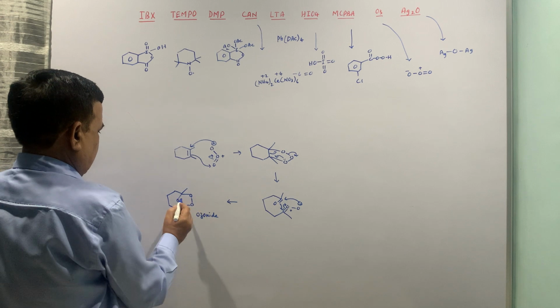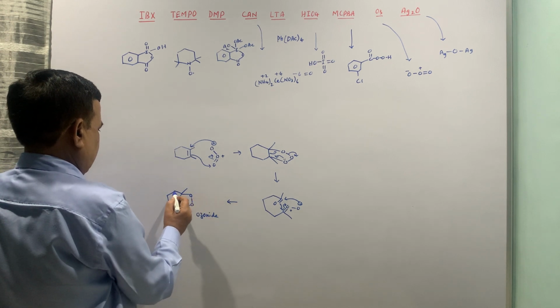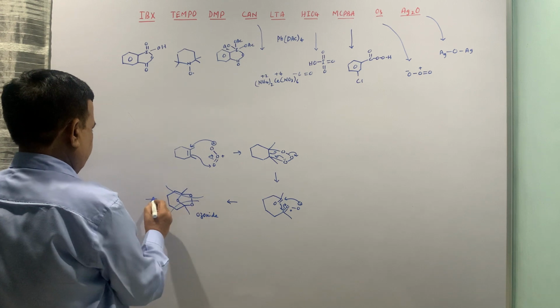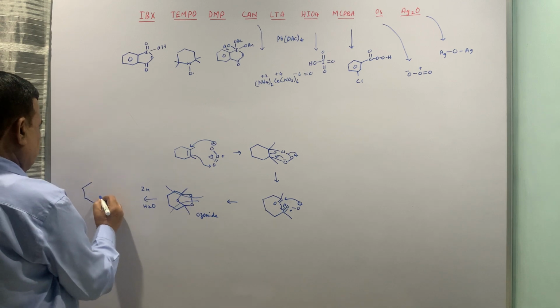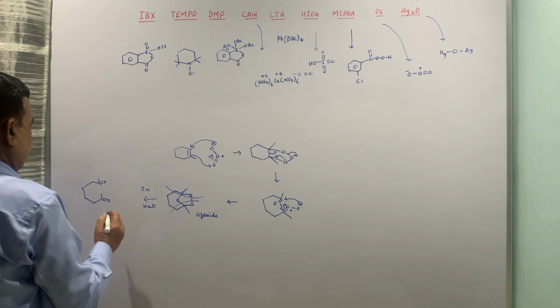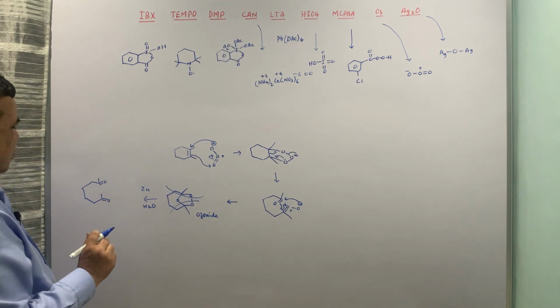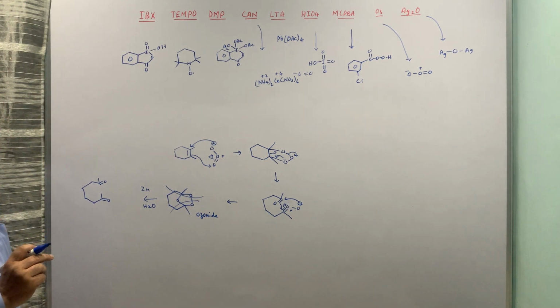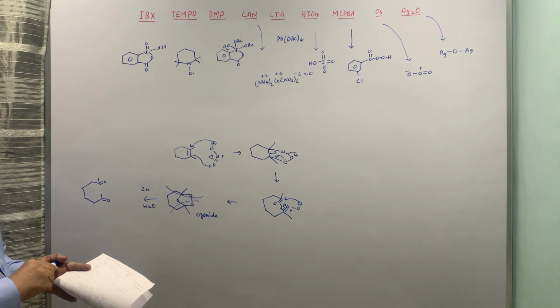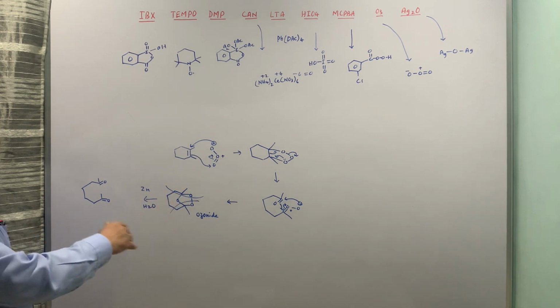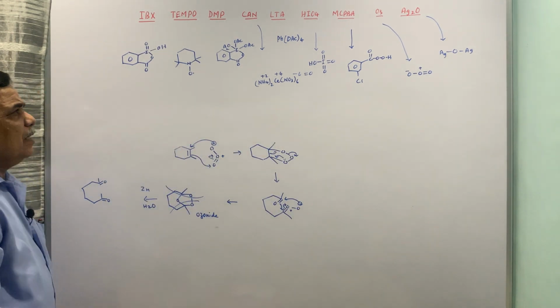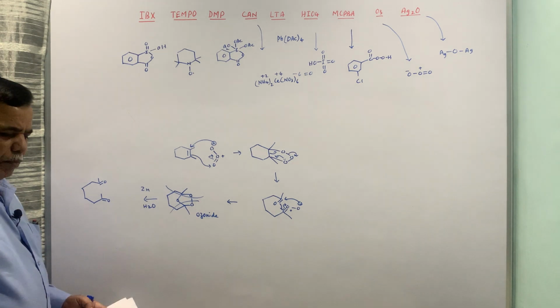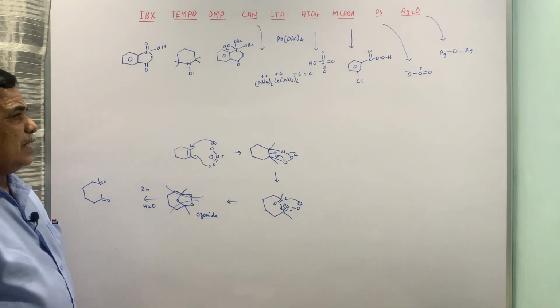and if we treat it, I will show this way. If zinc and water is used, this is reductive workup, we are going to get the ketone, diketone, you can say. So you are starting with olefin and going to the carbonyl compound. This is one of the old methods for the detection of a double bond, and before spectroscopy this was an extensively used method.